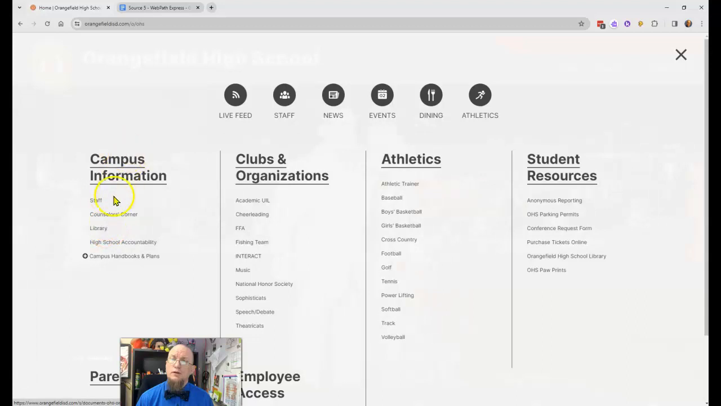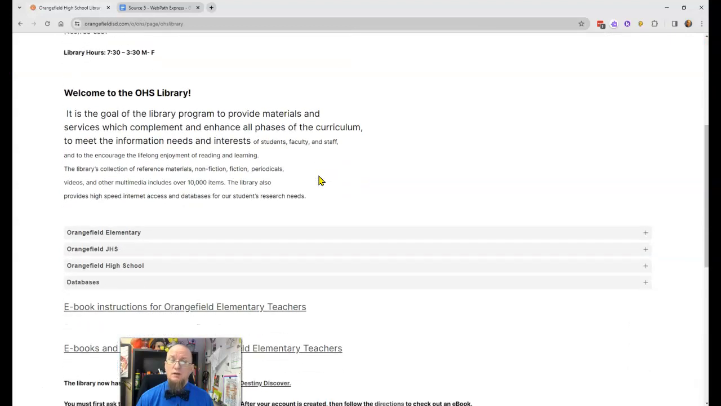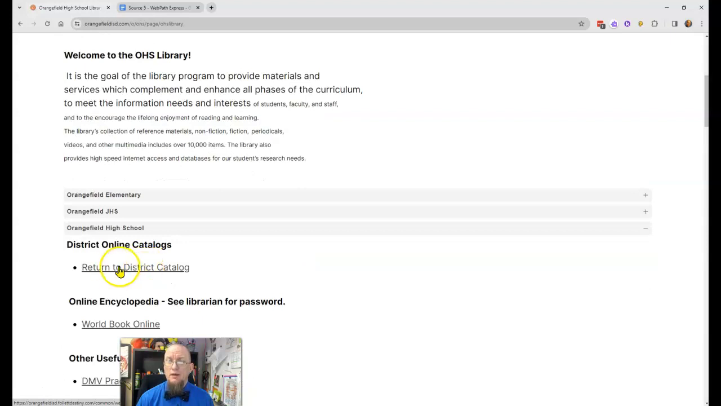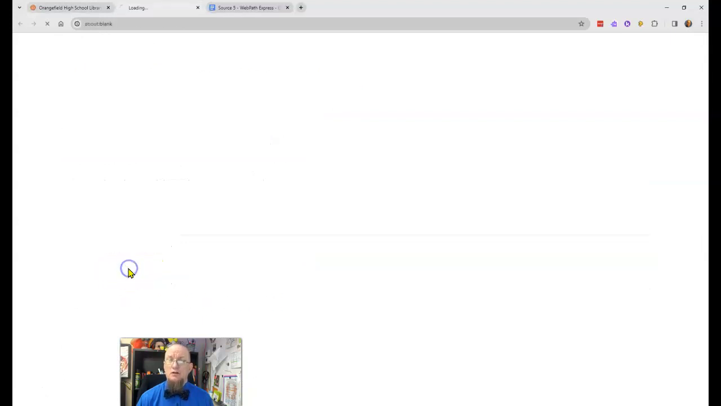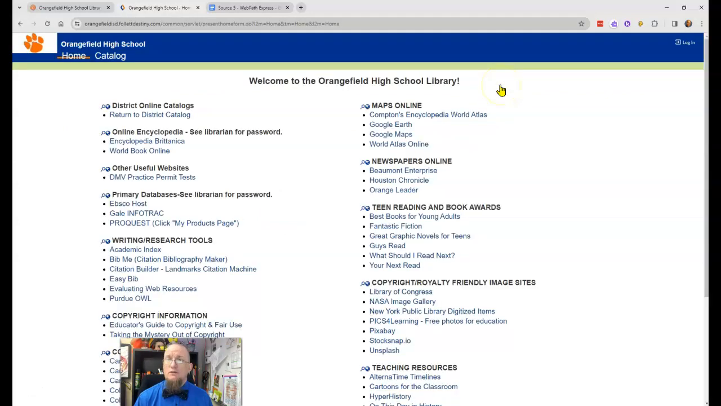You scroll down here on campus information to the library, and then you scroll down on the library page, go to Orangefield High School. It opened that up, and you have Return to District Catalog. Click on that, and it's going to open up this page here, which we've seen in the past. You're going to go to Orangefield High School, obviously, and up here in the upper left hand, you want to